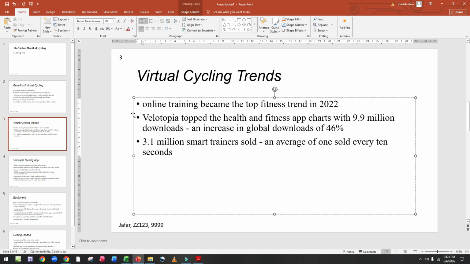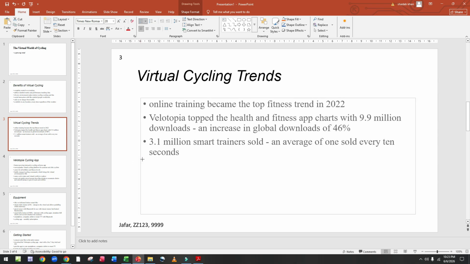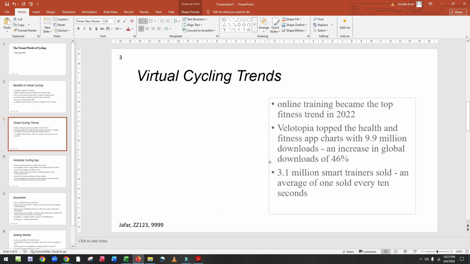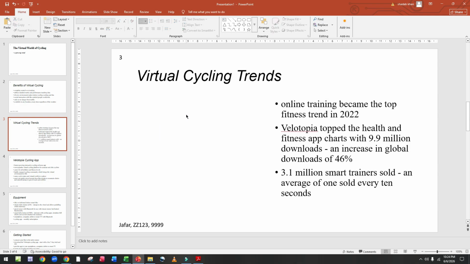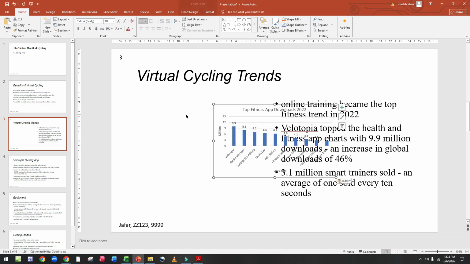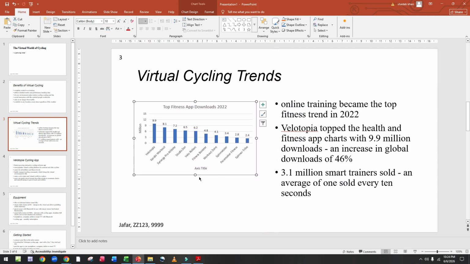Now we adjust this and enter here. Now we adjust this chart in this area.